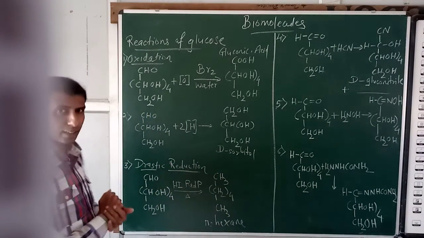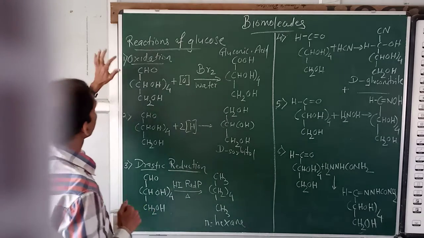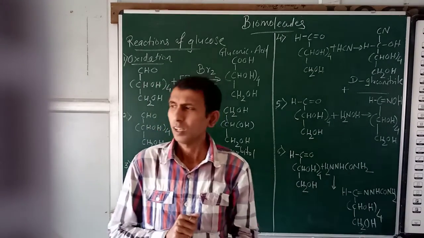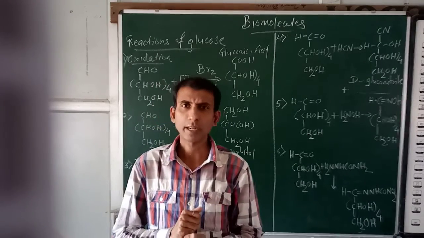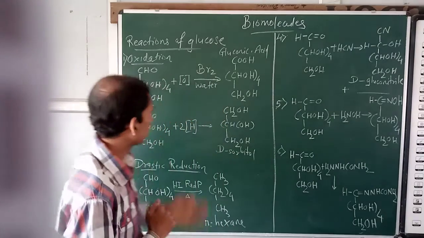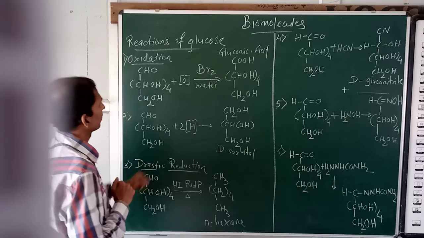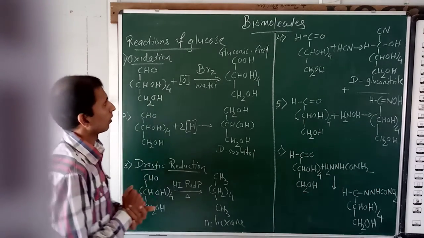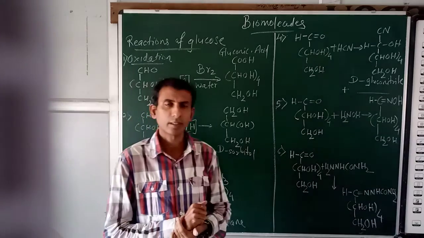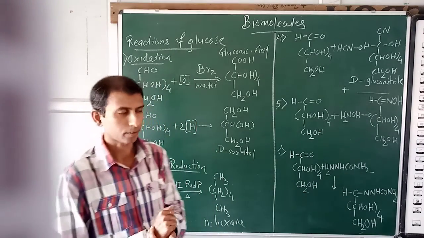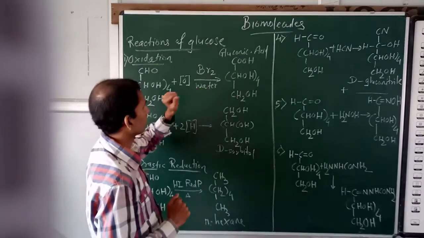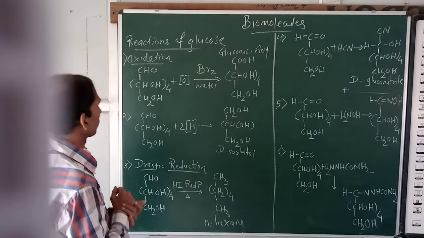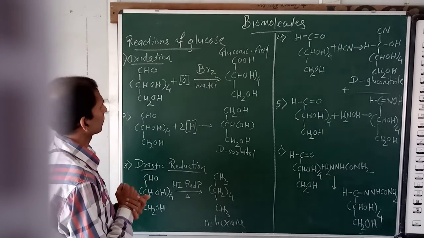So we will start today with the first, oxidation reaction. Oxidation reaction, you already know, is addition of oxygen, and here nascent oxygen is added to glucose. The oxidizing agent used here is bromine water. So nascent oxygen produced by bromine water